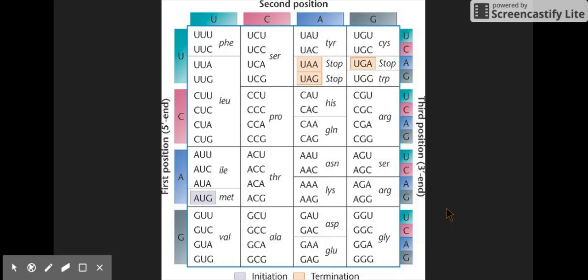The code is degenerate, meaning all amino acids are specified by 2, 3, or 4 different codons. 3 amino acids, serine, arginine, and leucine, are each encoded by 6 different codons. Only tryptophan and methionine are encoded by single codons. Another evident pattern is degeneracy. Most often in a set of codons specifying the same amino acid, the first 2 letters are the same, with